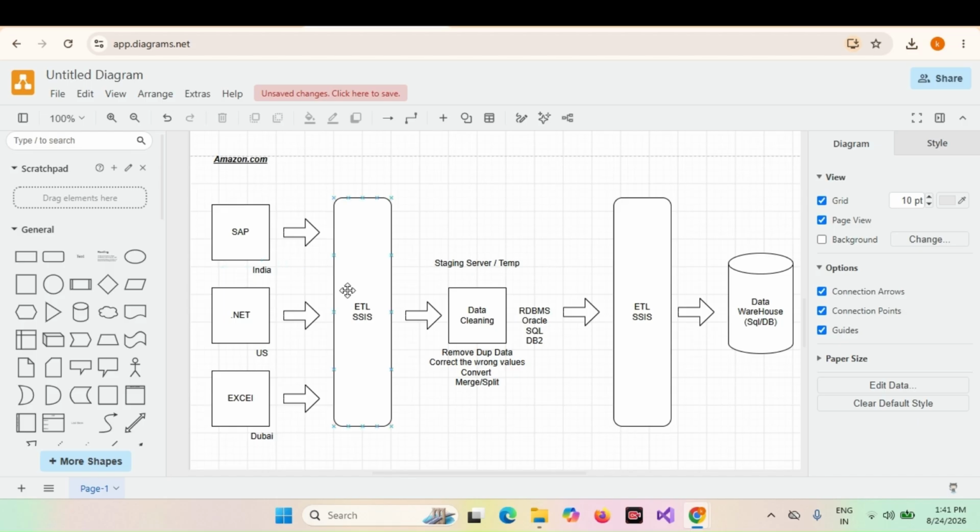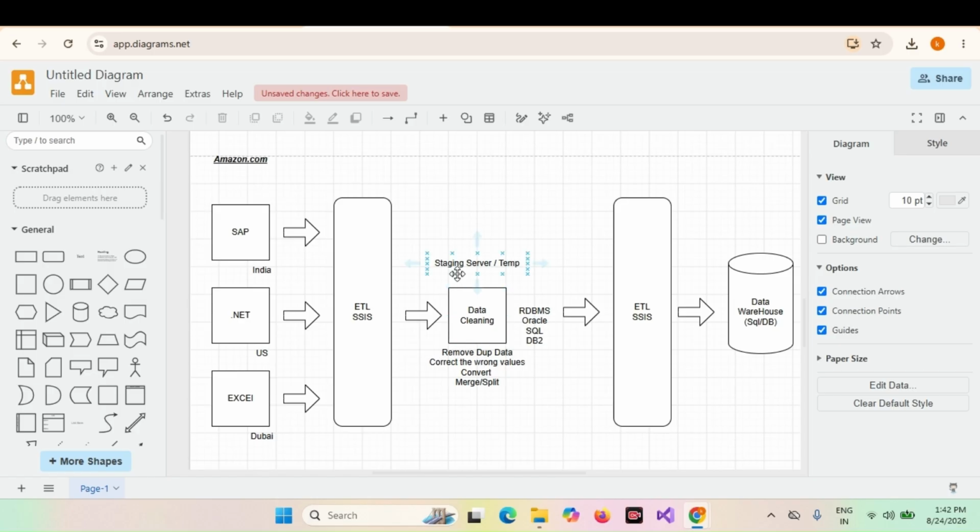For this purpose, we use an ETL tool like SSIS. This SSIS extracts the data from different source systems: the SAP source system, the .NET source system and the XLS source system. The extracted data is loaded into the staging server.